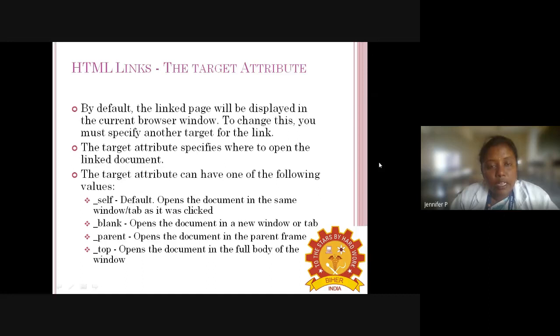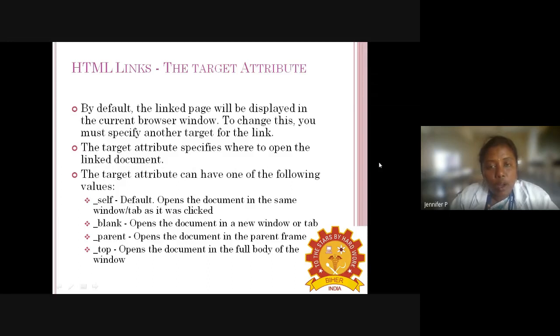In the hyperlink or HTML links, we have the target attribute. By default, the linked page will be displayed in the current browser window. To change this, you must specify another target for the link. The target attribute specifies where to open the linked document.